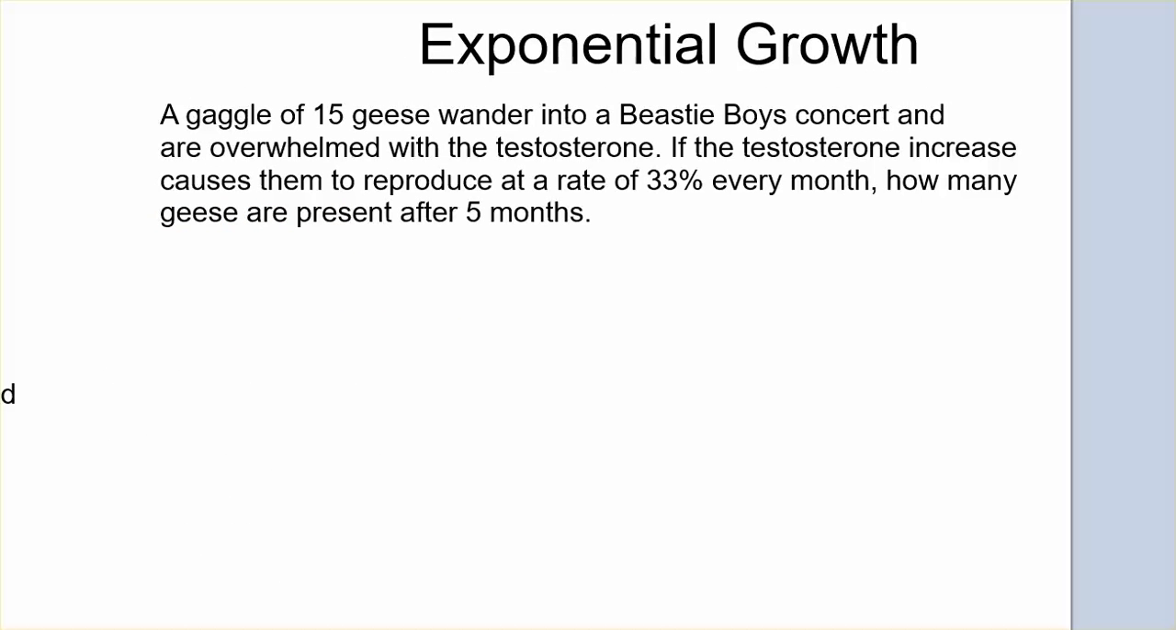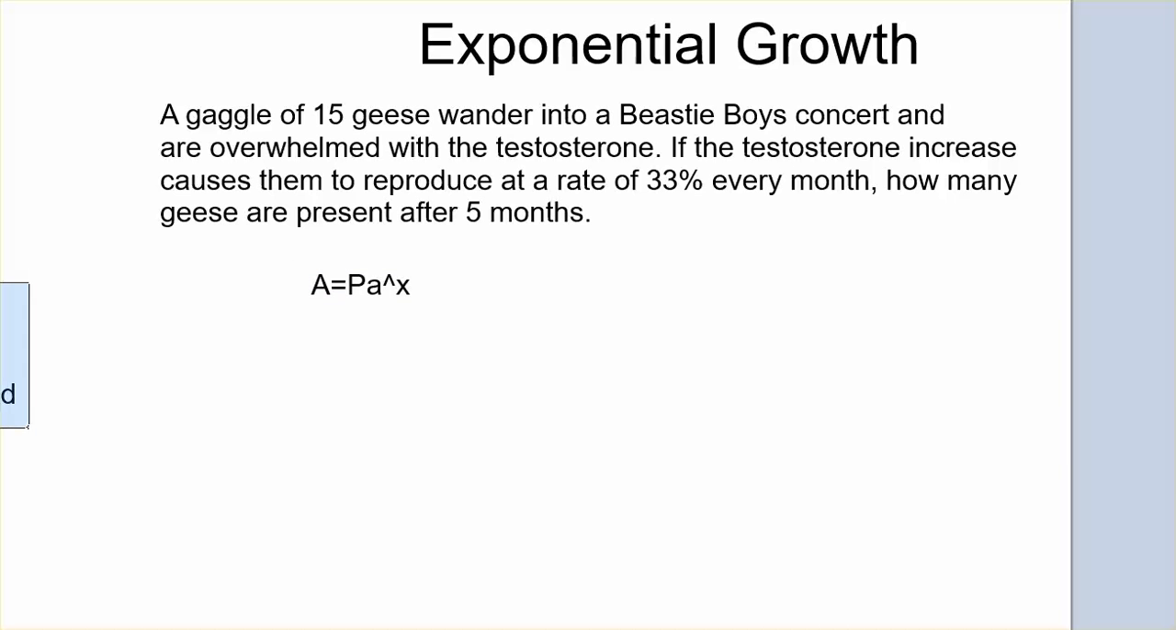Exponential growth now. I'm sorry about this again, I didn't really check the size of the screen first. So a gaggle of 15 geese wander into a Beastie Boys concert and are overwhelmed with testosterone. If the testosterone increase causes them to reproduce at a rate of 33% every month, how many geese are present after 5 months? So we're going to use this population formula, which is A equals P times x to the